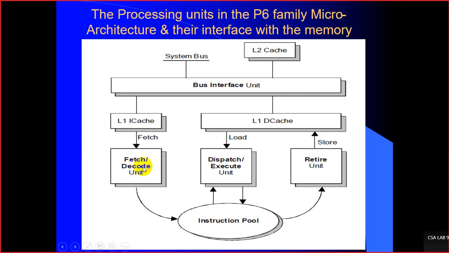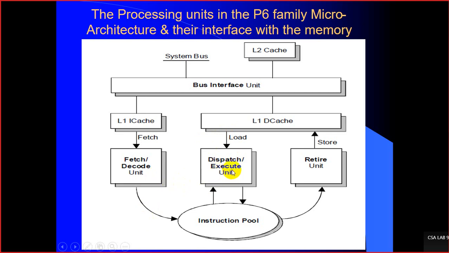Okay. So after making instructions independent of each other, they are placed in the instruction pool. In the instruction pool, all the micro-operation instructions are independent of each other. So what happens? They can be dispatched and executed by multiple execution units simultaneously. Inside the modern CPU, there are multiple execution units, more than one, and multiple instructions can be executed simultaneously because they are independent of each other at this stage by the process of register renaming.